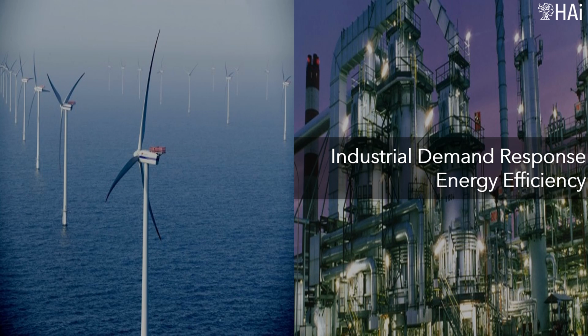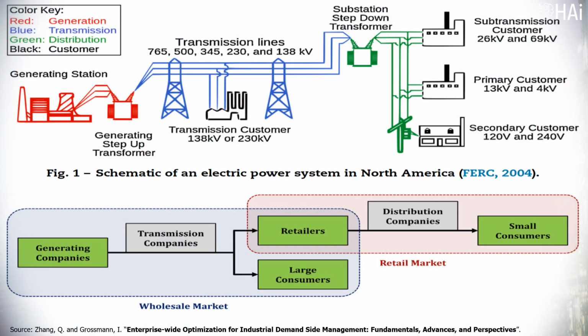Demand response and industrial energy efficiency. Some time ago, electricity was produced by generation plants, sent through high-voltage transmission lines to substations, and then distributed to consumers, who behaved passively. In a regulated environment, generation, transmission and distribution are operated by a vertically integrated enterprise, usually